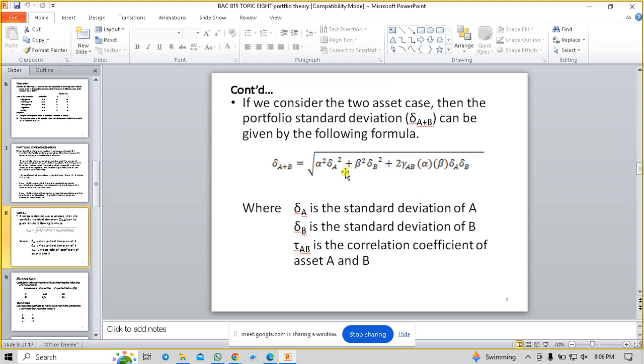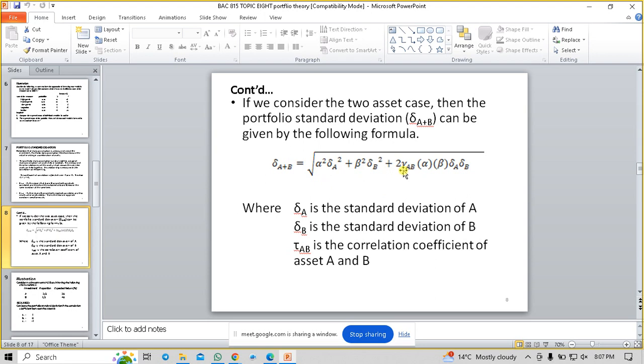So the good thing is that it has been elaborated here. So formula ni alpha squared, or this italic A squared. Then there's this symbol. This one, it looks like a D. It's a symbol for standard deviation. And here, of course, we'll always have two securities, maybe A and B or R and S. So standard deviation of A. So this is the standard deviation of A. And then squared plus beta squared standard deviation of B squared. So it's not difficult. A standard deviation of A squared plus B beta squared standard deviation of beta squared plus